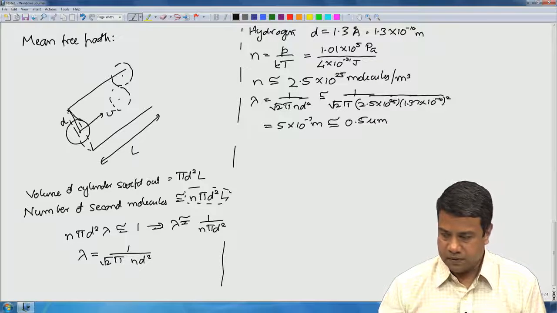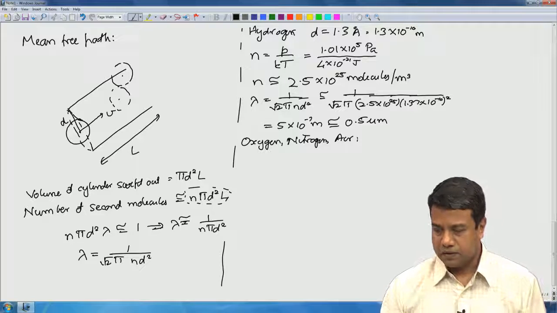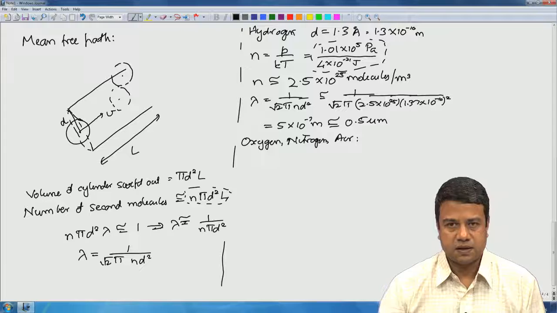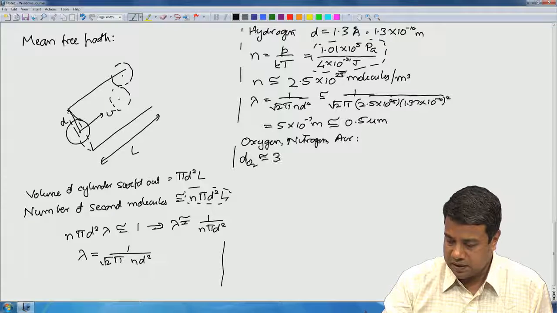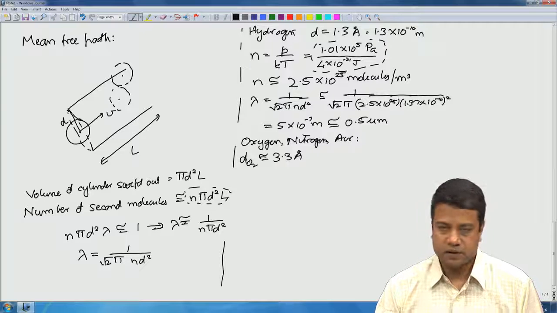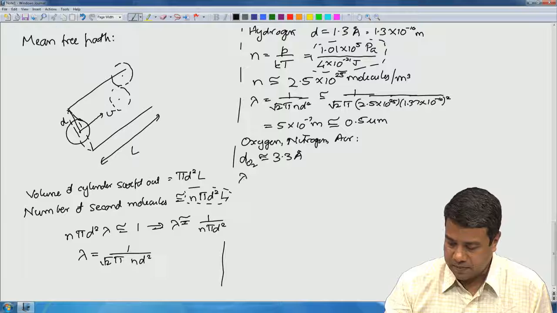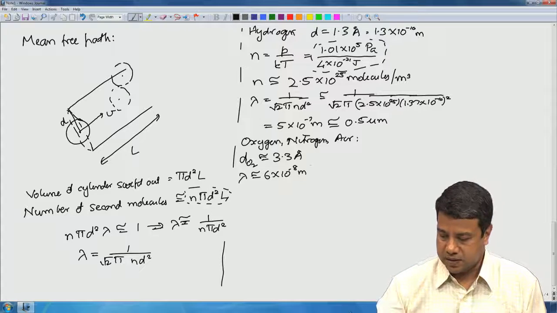Okay. Similarly, you can do the calculation for oxygen, nitrogen, air. For all of these things, the number density remains the same. The number density is exactly the same because it depends only on the pressure and the temperature. However, the molecular diameter, d of O2, is approximately 3 or 3.3 angstroms. So, the molecular diameter is larger by a factor of 3 or so. Therefore, the mean free path goes as 1 over the diameter square, so it will be smaller by a factor of approximately 10. Lambda is approximately equal to 6 into 10 power minus 8 meters. So, that is 0.06 microns,